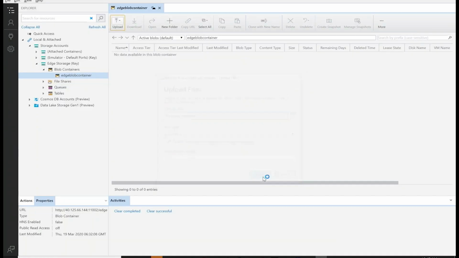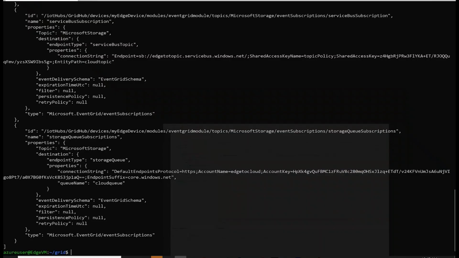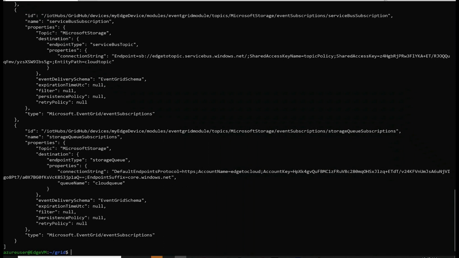And I'm just going to hit upload, and as this uploads, we'll see it transferring down here, and then this image is actually being uploaded directly from my local machine that I'm working on to my edge device via Azure Storage Explorer, which is honestly a really awesome and smooth integration in and of itself. True. And now I can go look at my logs on that subscriber, and I'll see that there should be an event sitting there. So sudo